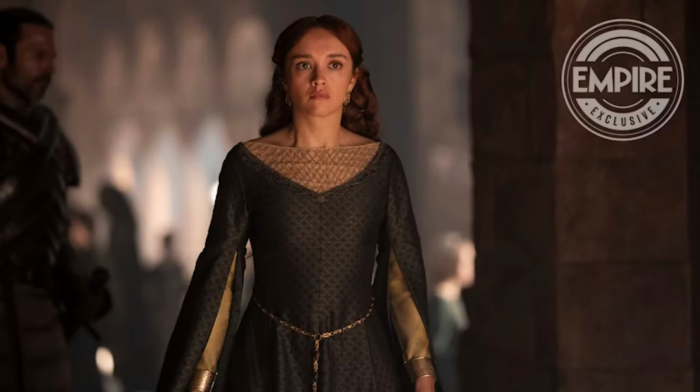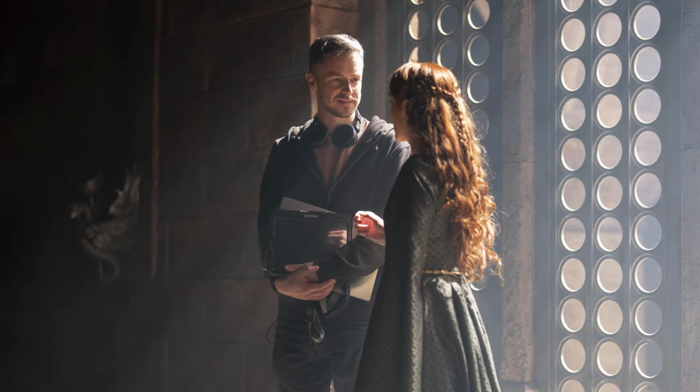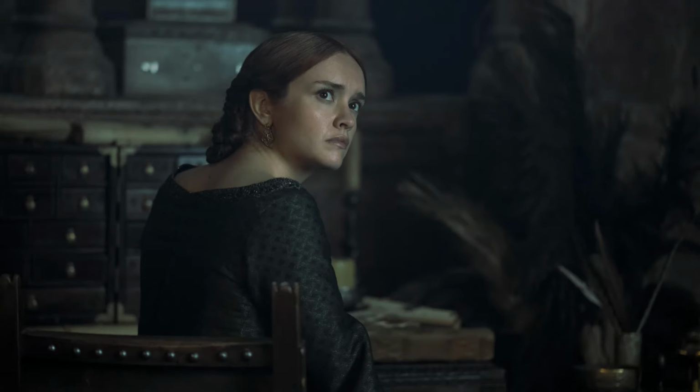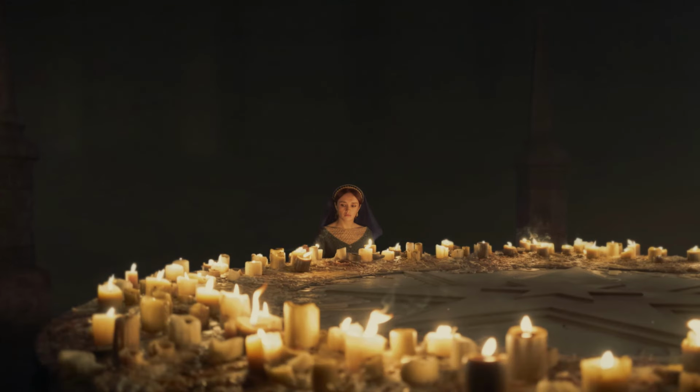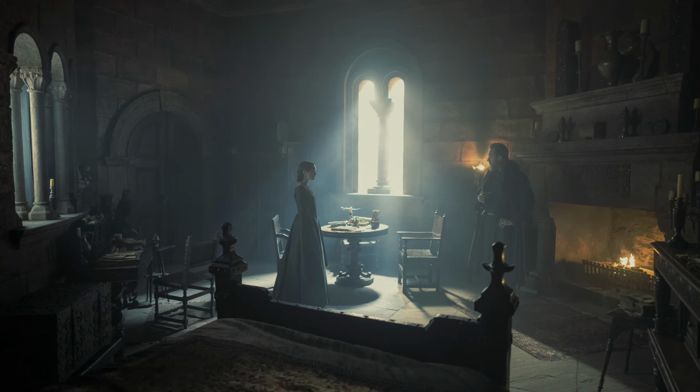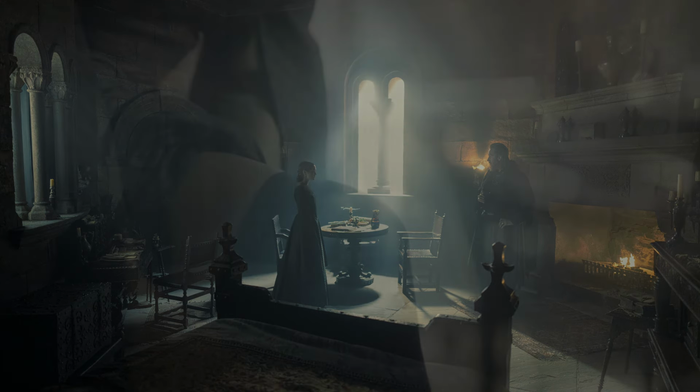Alicent's hairstyle changes throughout the episode. At one point, her hair is down and flowing, and later, after taking a bath and scaring away the help, her hair is braided and held in a snood. In the Grand Sept, she wears the same dress paired with a gold diadem set with small emeralds and a veil. Similar to Season 1, this might have been an opportunity for a second outfit, as it seems odd that she would bathe and then put on the same dress again,